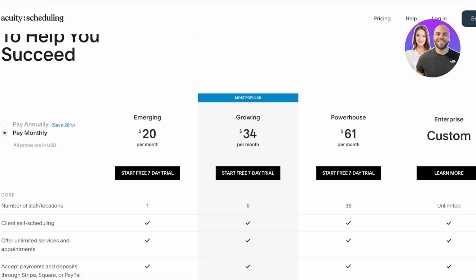Otherwise, their starting plan is the Emerging plan, which allows you to add only one staff or location. So you basically can create one calendar. Then, if you are a business with multiple different people that need bookings, you can opt for their Growing plan, which allows you to add 6 staff or locations. Then you have the Powerhouse plan at $61 per month, which allows you to add 36 different locations or staff